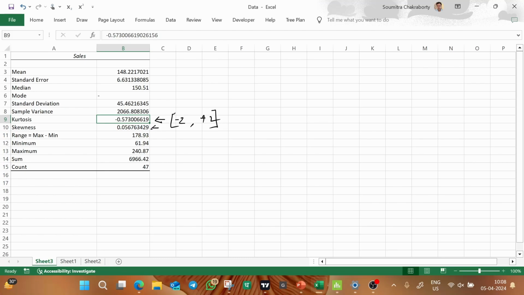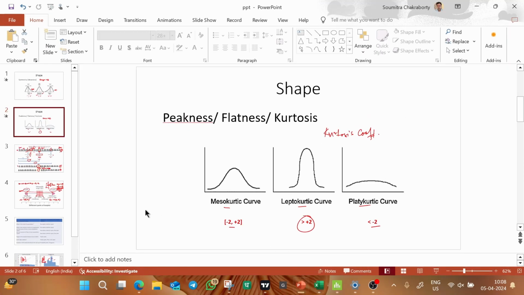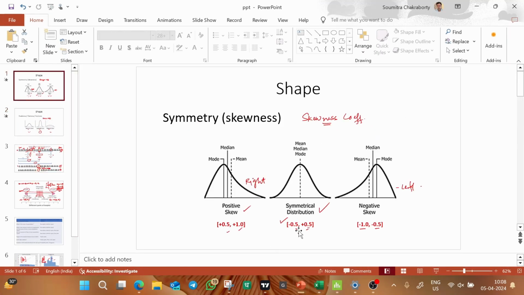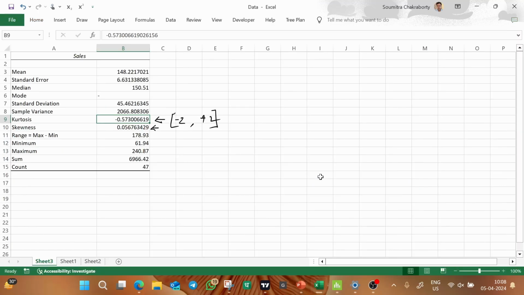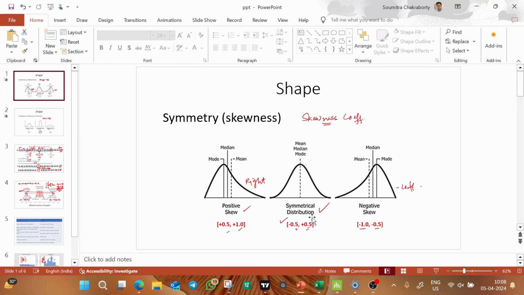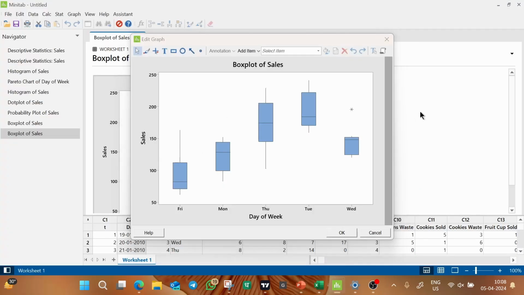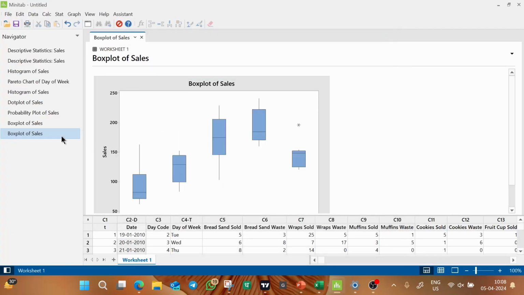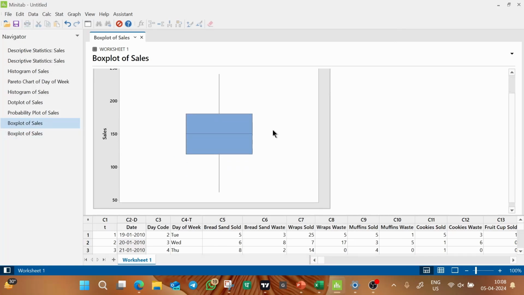Skewness is 0.05 or 0.06. It is in which range? It is exactly lying in this range, minus 0.5 to plus 0.5. So what type of data is this? Symmetrical distribution. That is the reason when we were constructing the box plot for the entire cells, you see the